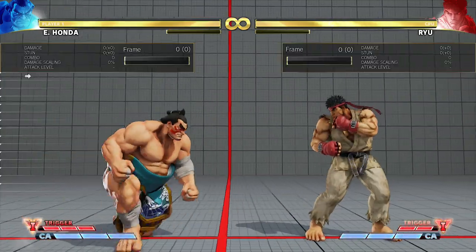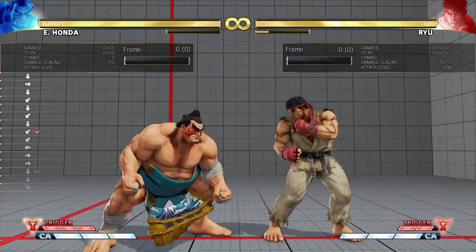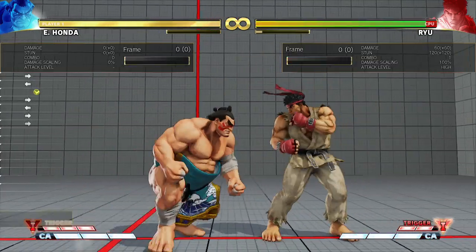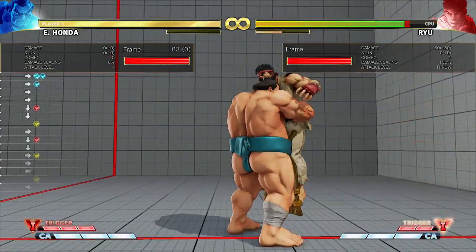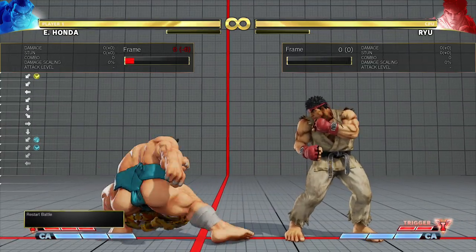His sweep is okay, and you'll probably be landing his sweep quite a few times, because his sweep is lightning fast. It's 7 frames, I think? You can combo it off of medium kick. But beyond that...